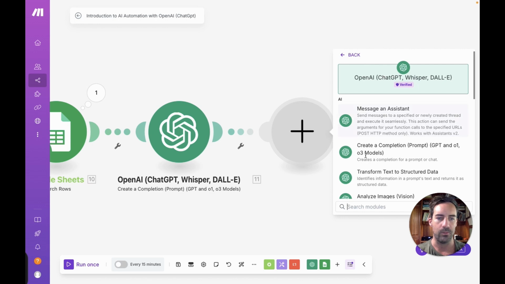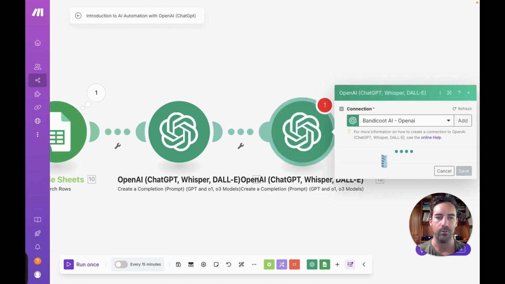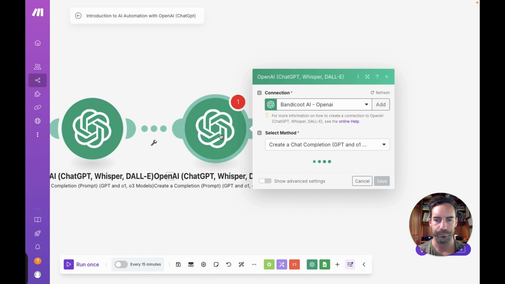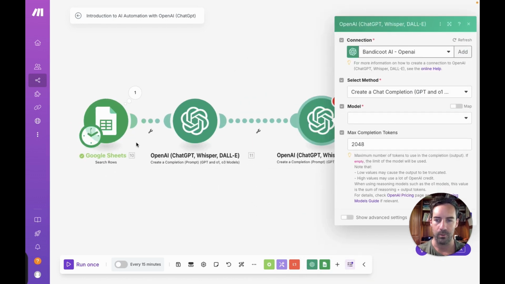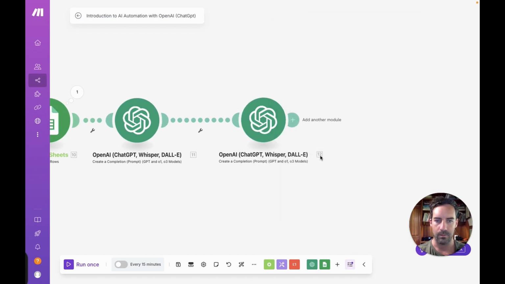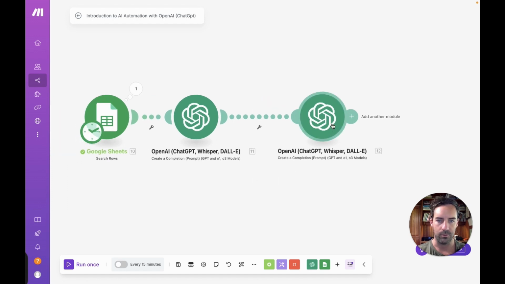And I kind of wanted to do it this way just to show you guys that you can do multiple of these in a row. But if you are doing multiple of these, I just want to point out, when you start building some longer workflows and you're getting confused between all these, you just want to make a note of these little numbers down here. So this is OpenAI 11, that one's OpenAI 12, Google Sheets 10,